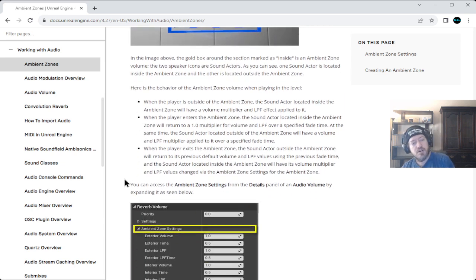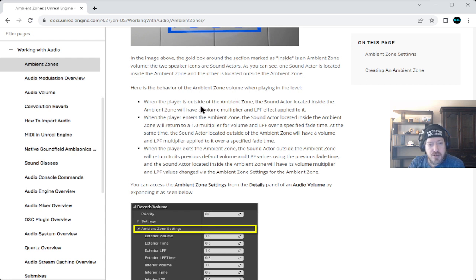In the image above, the gold box around a section marked as inside is an ambient zone volume. Two speaker icons are sound actors. One sound actor is located inside the ambient zone and the other is located outside it. Here's the behavior of the ambient zone volume playing a level.